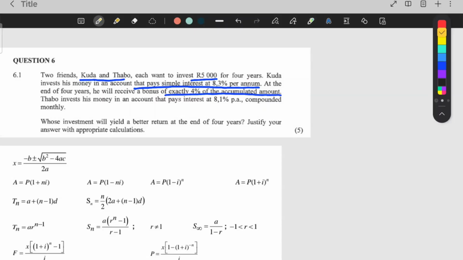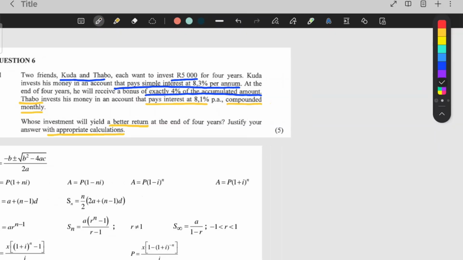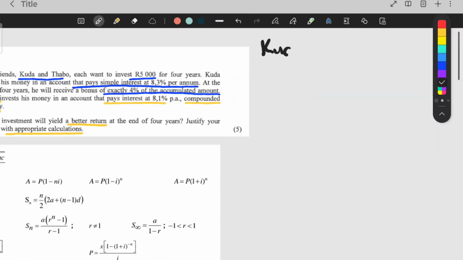And then Tabo invests his money. Tabo will invest his money into an account that pays 8.1% per annum, compounded monthly. Here's the question. Whose investment will yield a better return? Justify your answer with appropriate calculations. Okay, so let's work this out. Our first friend is called Kuda,